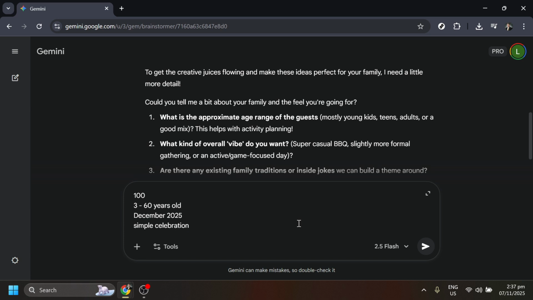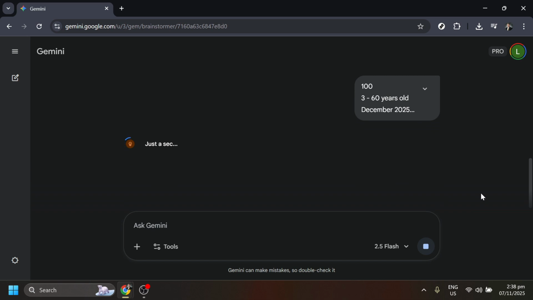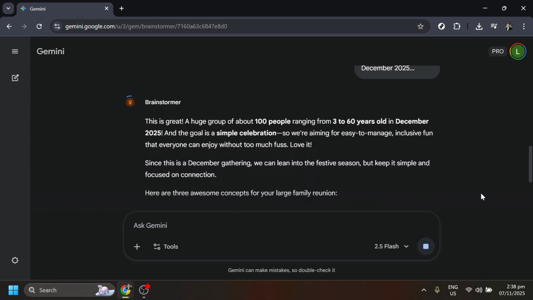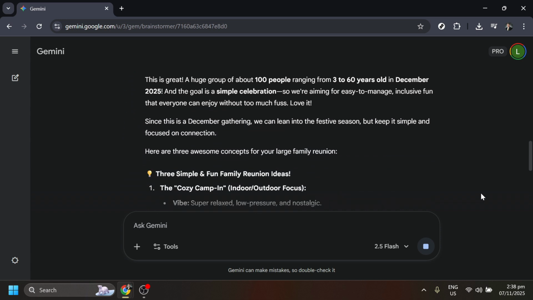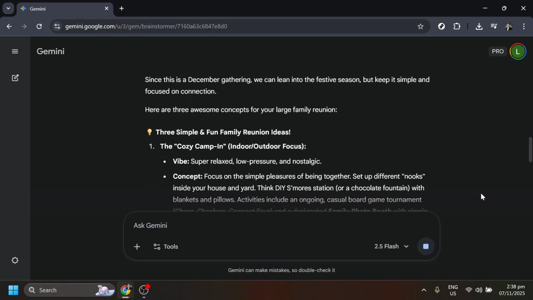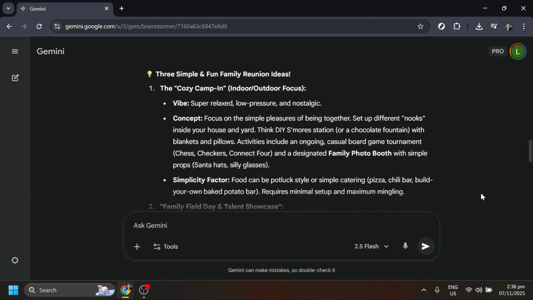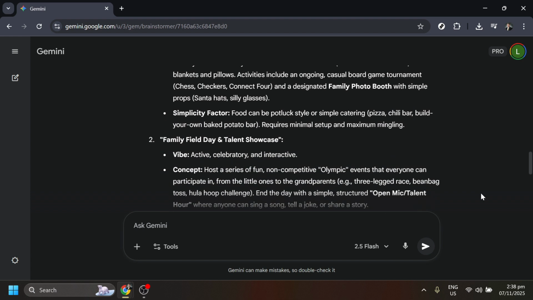Finally, after you've entered all your responses, simply click the Submit button. This action will send your data through Gemini AI's processing algorithms, enabling it to generate thoughtful and innovative ideas tailored to your specific needs. By following these steps, you'll have harnessed the power of Gemini AI's Brainstormer gem to facilitate